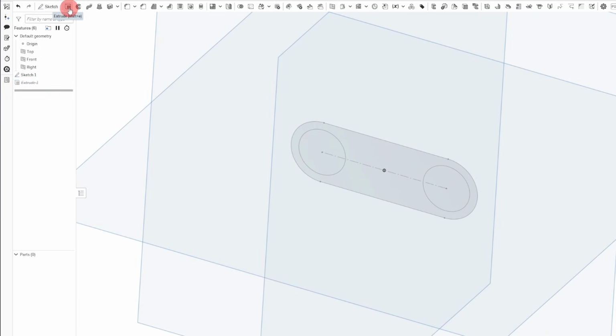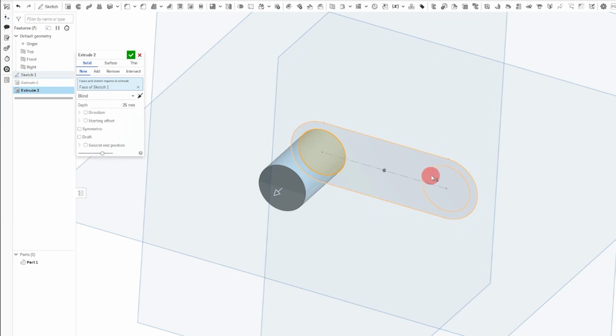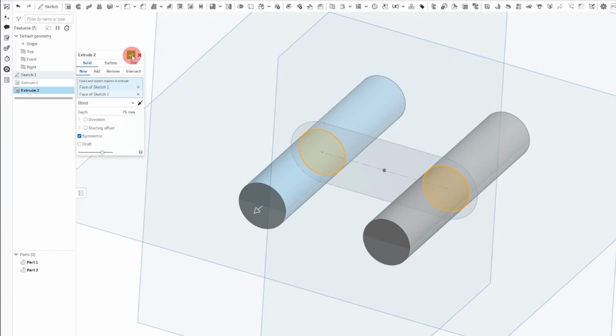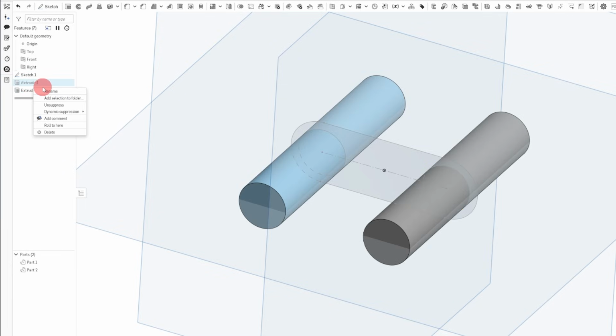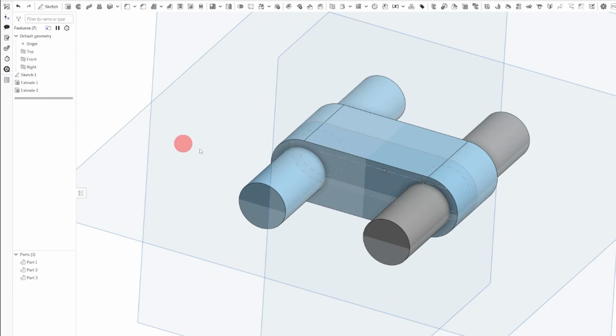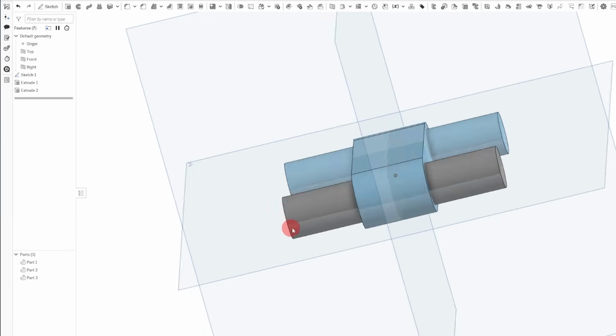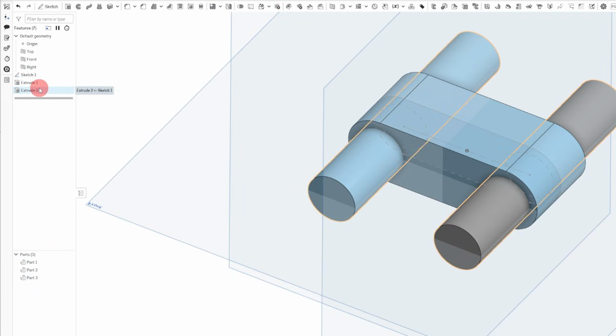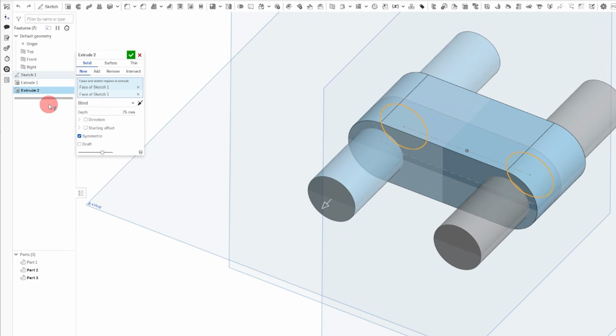And now we're going to come over here to extrude. I'm going to click on these 2 circles. We're going to set the depth to 75. And I'm going to click symmetric and hit OK. And now we'll right click on extrude 1, unsuppress, and that will leave us with this. And we can see 3 separate parts. We will right click extrude 2, click edit, and make it an add, and that will make this whole part